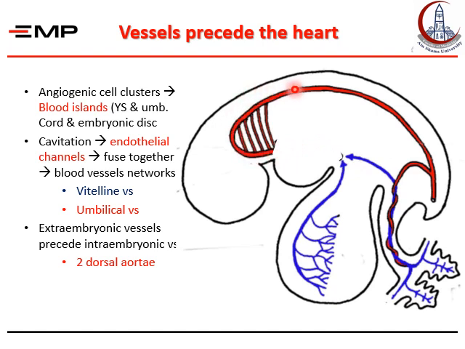Two dorsal aortae develop in the dorsal aspect of the embryo. They unite together to form one single dorsal aorta in the caudal part. And for drainage of the body of the embryo,